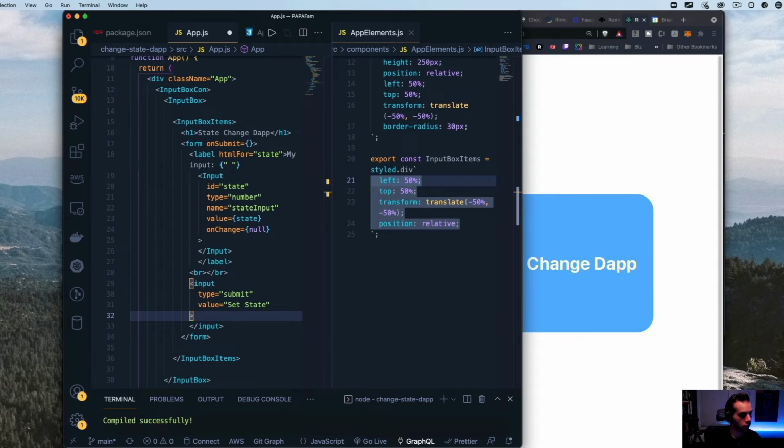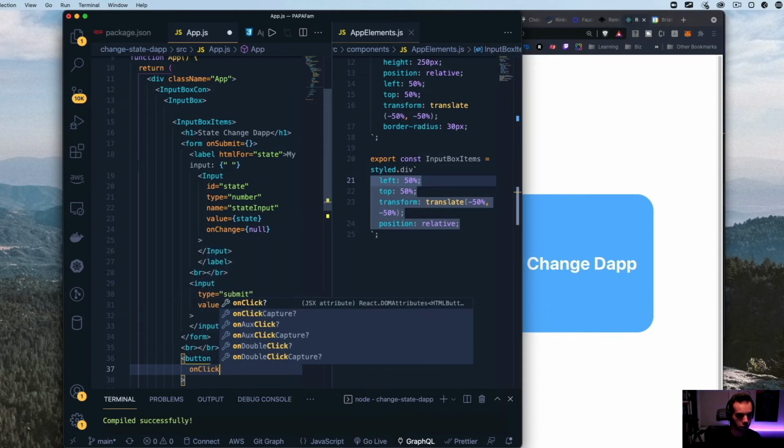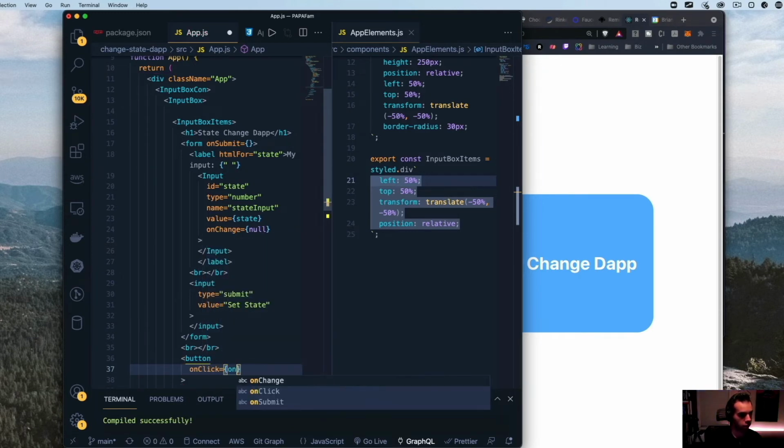So then we're going to put another break after form. So we're going to do break. We're going to put a button, and then we're going to give some properties to that button. So we're going to say that on click, something happens. So let's just say null for now.